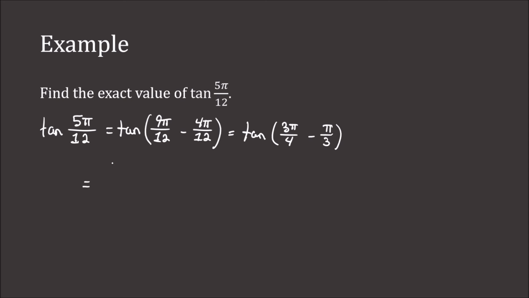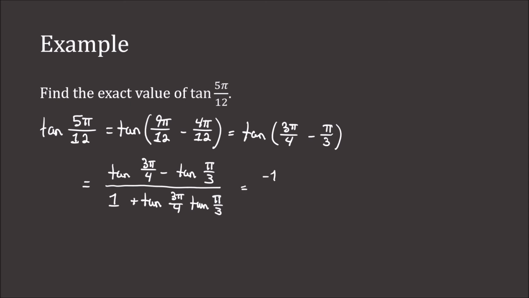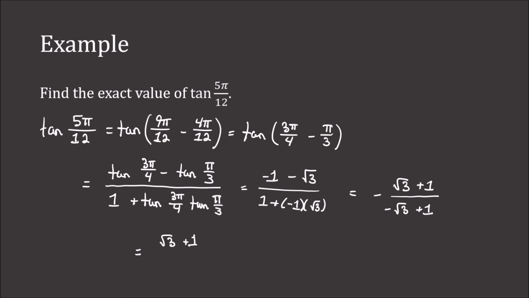Now we can apply the difference formula. We'll write tangent 3 pi over 4 minus tangent pi over 3 all over 1 plus tangent 3 pi over 4 times tangent of pi over 3. So tangent of 3 pi over 4 is negative 1. Tangent of pi over 3 is the square root of 3. We factor out that minus in the numerator, we can write negative root 3 plus 1 over negative root 3 plus 1. Now we can apply that negative to the denominator, and we can write root 3 plus 1 over root 3 minus 1. And this is our exact value for tangent